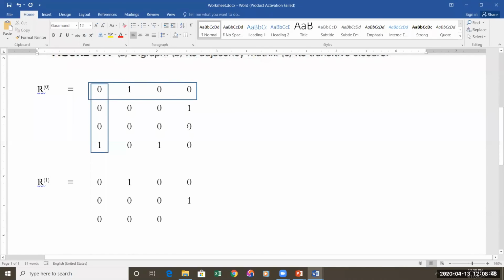Now the previous location there is 0 here. So the corresponding row is 0, the corresponding column is 0. Therefore it is 0. Put the fourth row. In the previous one, whatever value is there, directly write it because it is in the box. So next, now look at this. This location I have to fill. In the previous one, there is a 0 here. So you take the corresponding row, corresponding column. There is 1 now. So 0, 0 OR with 1 and 1. So it becomes a 1.